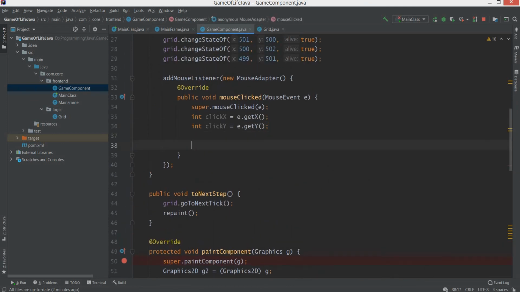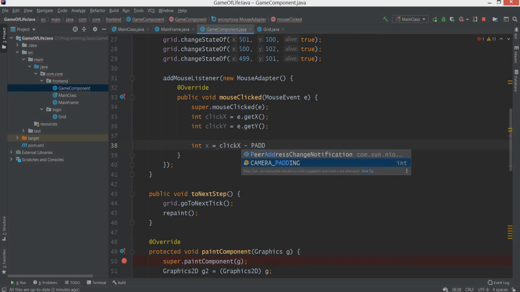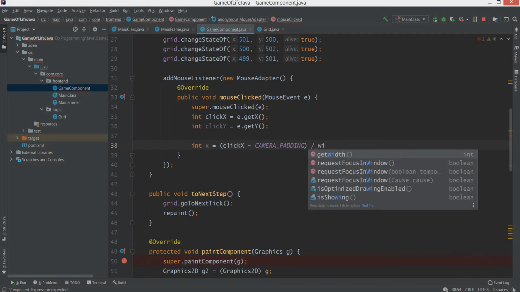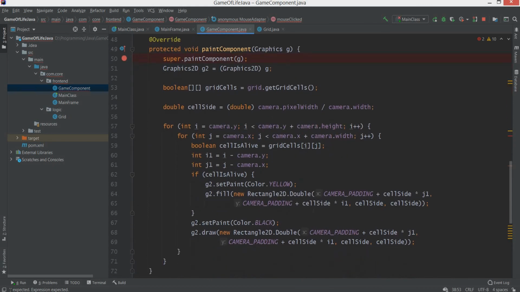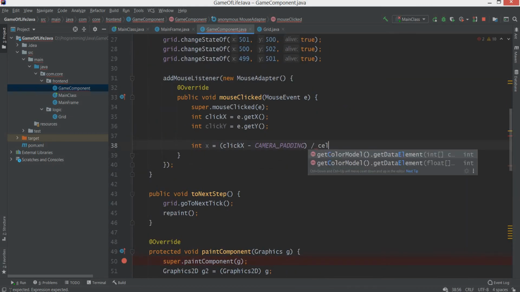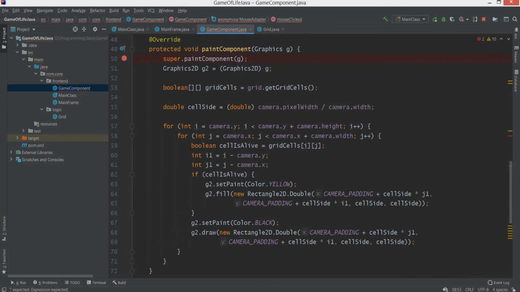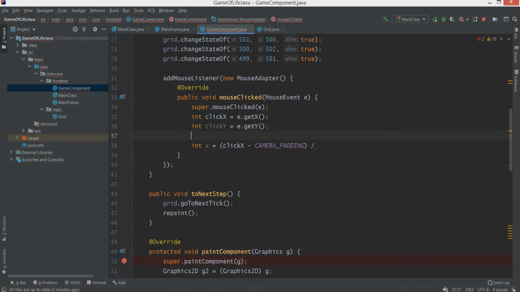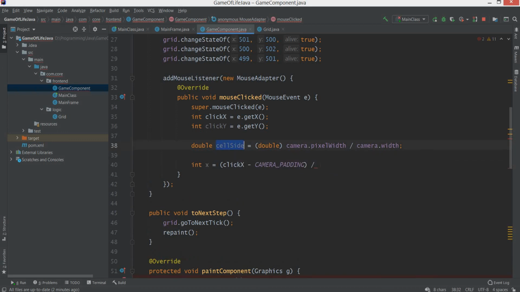So let's say int x is equal to clickX minus camera padding and divided by, what we should divide by, width, not width but cell side, right? By cell side. And how do we get the cell side? Cell side is this. So we want to have this here, and we're divided by cell side,